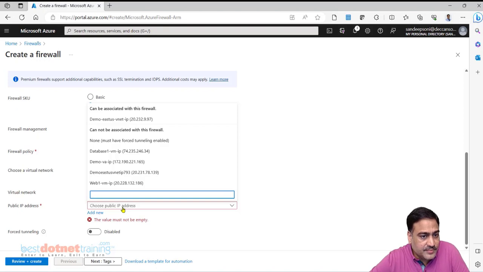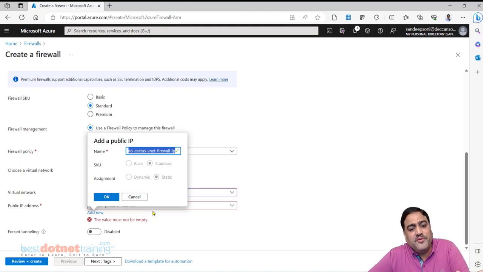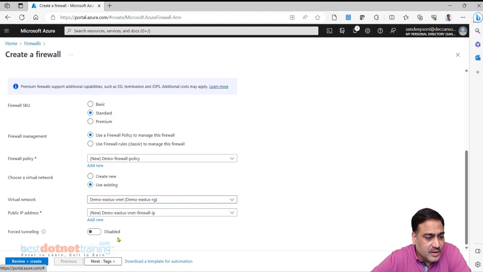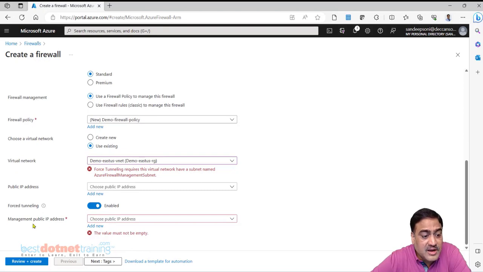IP address: if you want, you can create a new IP address. Ideally, yes, I'll do that. I'm giving the name Demo East US VNet Firewall IP, that is, the name of the firewall with IP suffixed. Forced tunneling is used especially when your VNet is connected to on-premise and you want all routing to the internet to go via a virtual appliance present on-premise.